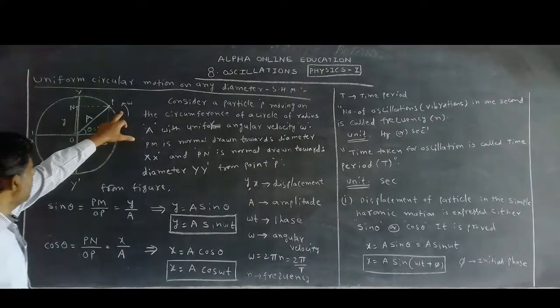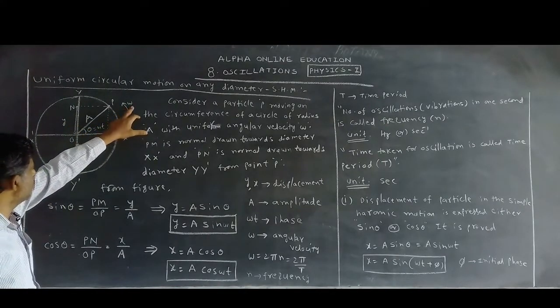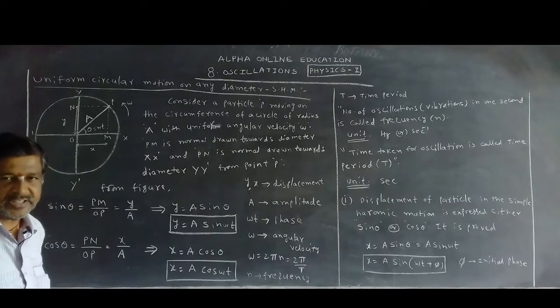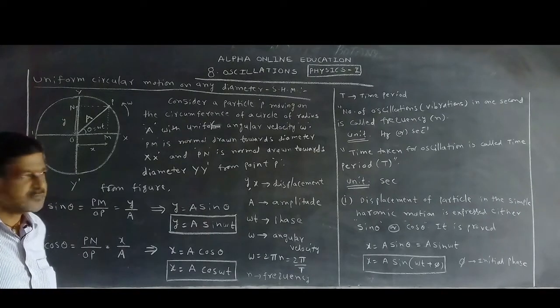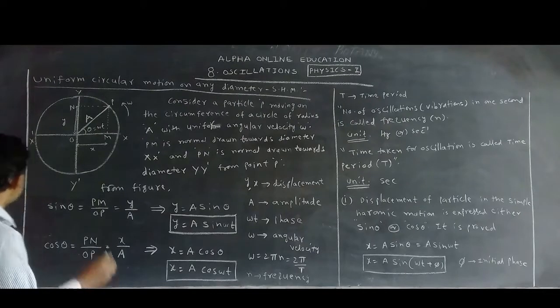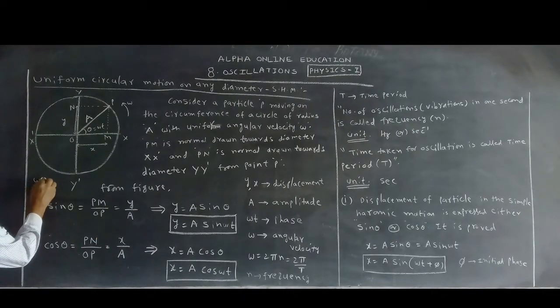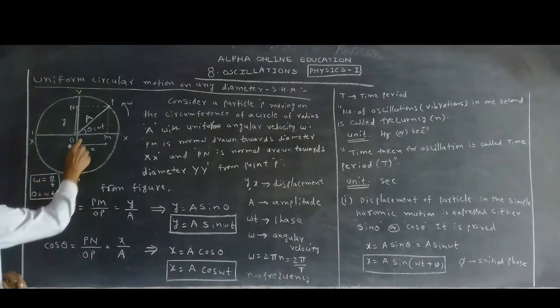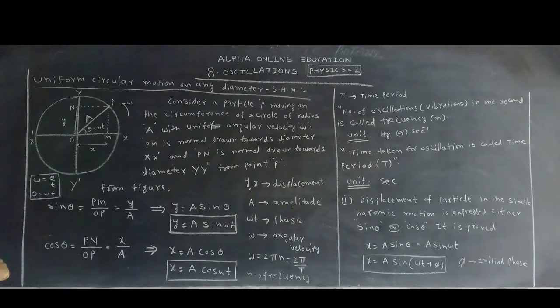This is the angular velocity. We know that the product of angular velocity and time is called angular displacement. Okay, we know that. I would like to write one small thing here: angular velocity is theta by t, then theta is equal to how much? Omega t. What is omega? Omega is called angular velocity. Theta is called angular displacement. T is the time. Theta is equal to omega t. That is the angle.